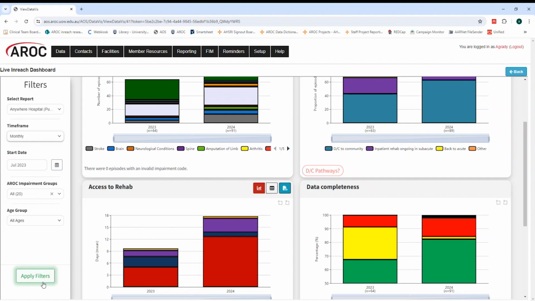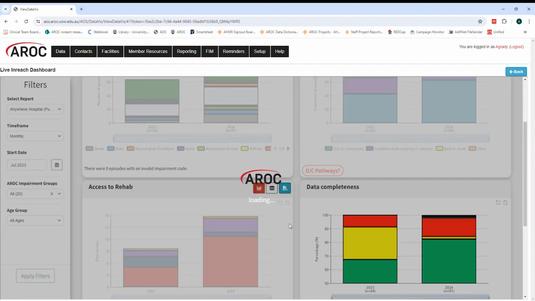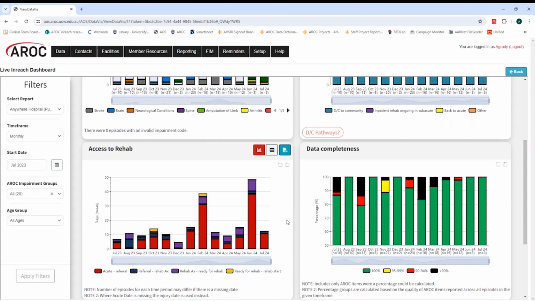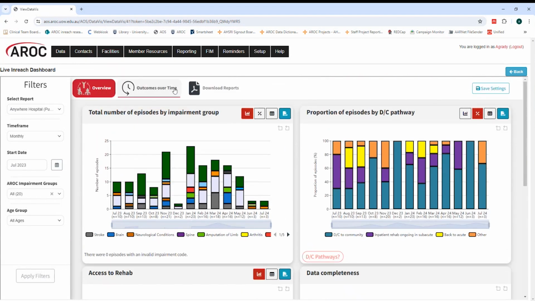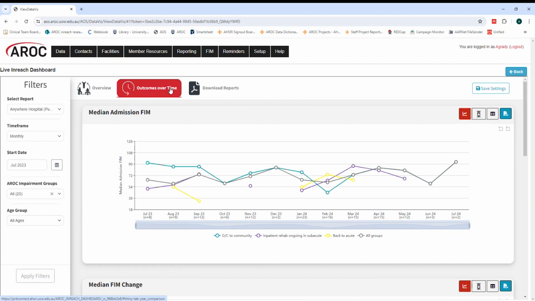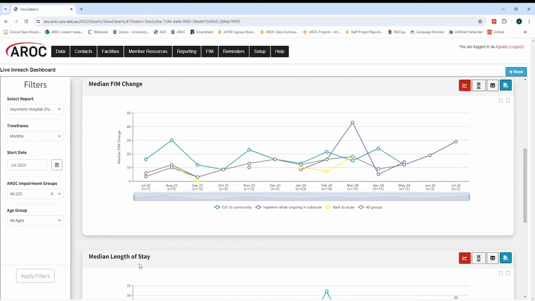Okay, let's just go back to monthly data. So that's a quick run through our overview tab. If we move over now to our outcomes over time tab, we have 3 different line charts here. So the first one is looking at median admission FIM, and then median FIM change, and lastly, median length of